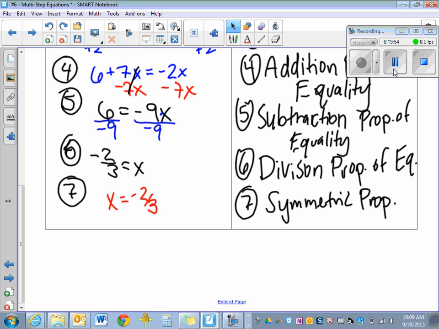And you are going to solve one half of the problems. Your partner is going to solve the other half. You should get the same answer for each one. But number 6, they're actually different answers. So you're going to do half the problems, your partner does the other half, and then compare to see if you got the same answer. If you guys would use